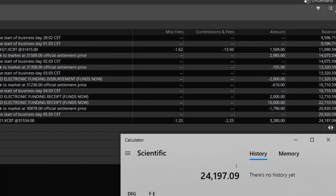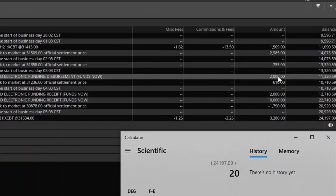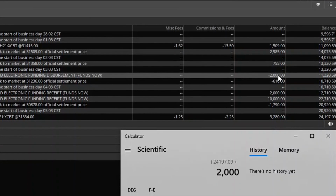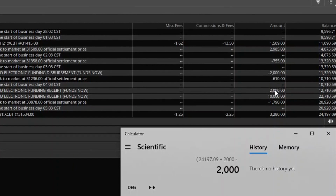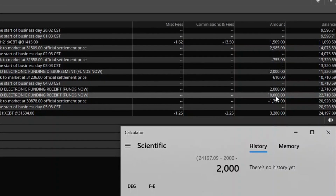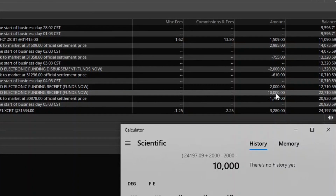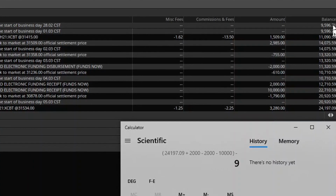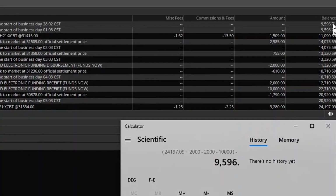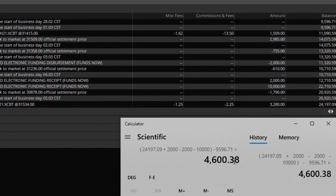However, we did initially withdraw that $2,000, so we will add that. And then again, we did deposit another $2,000, so subtract that, and the other $10,000 that we added to it, so we'll also subtract that and close the parentheses. And our starting cash was $9,596.71,